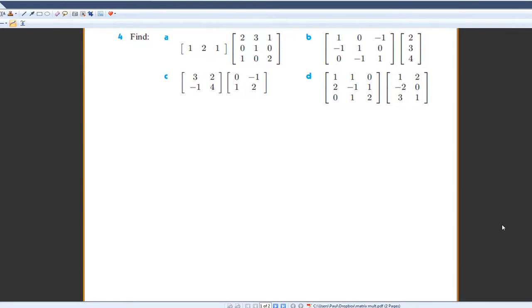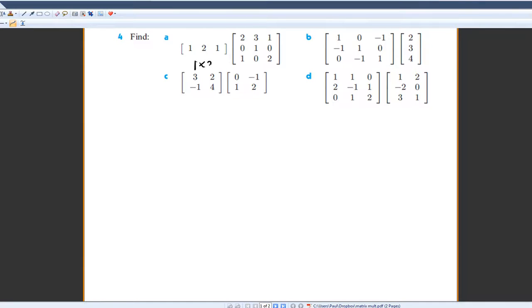Matrix multiplication is seemingly a pretty chaotic sort of experience, but hopefully after this video it explains it, and you'll understand exactly what's going on. And once you get matrix multiplication, you just can't get it wrong. So let's do this first example here, and to work out whether matrix multiplication is defined, what we do is